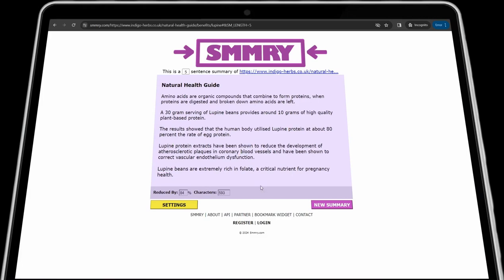And of course, I will leave down below in the description box in the first comment an amazing list of summarizing tools for articles and for YouTube videos and for books as well. And the next tool quickly, that is